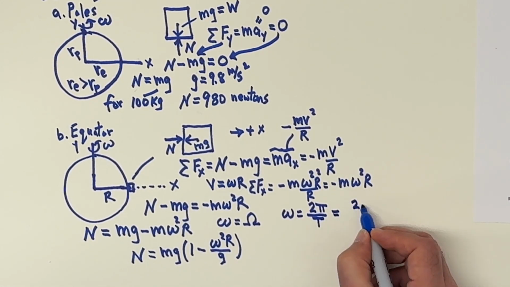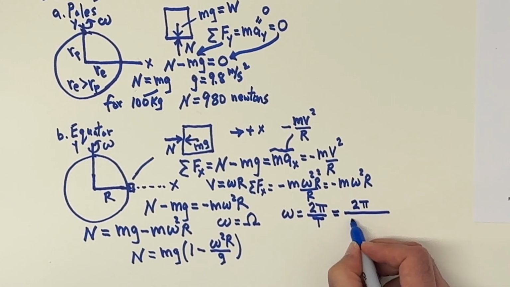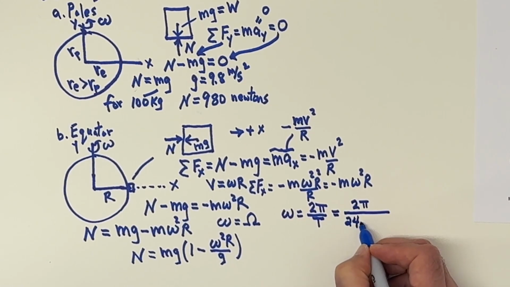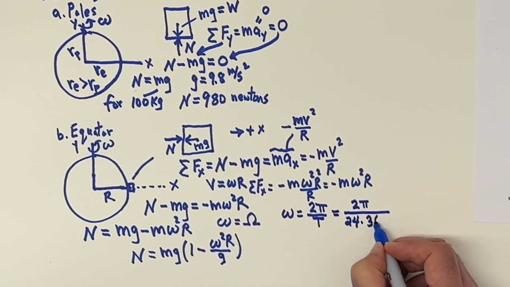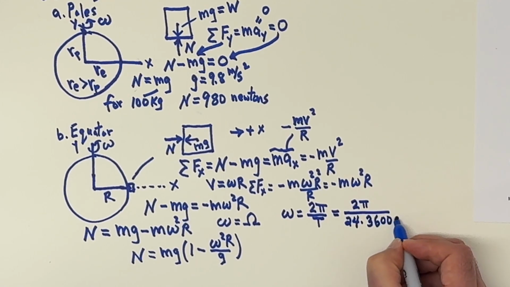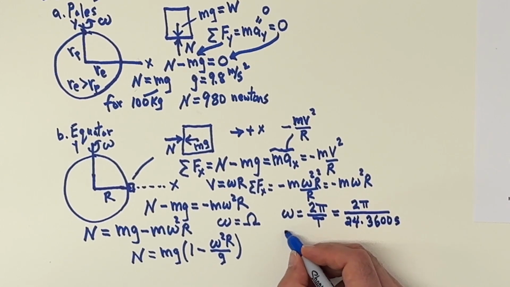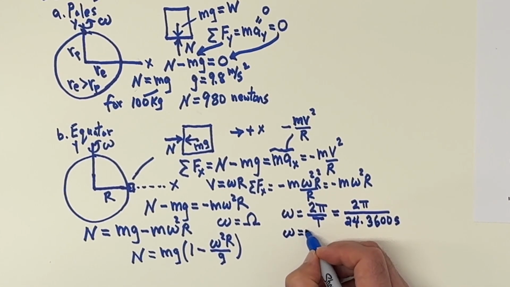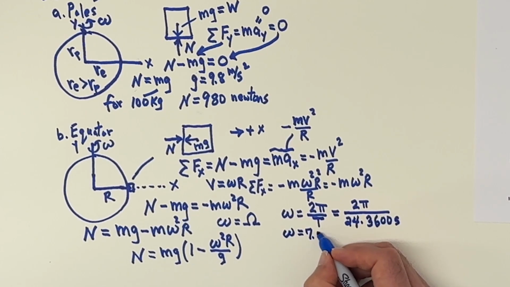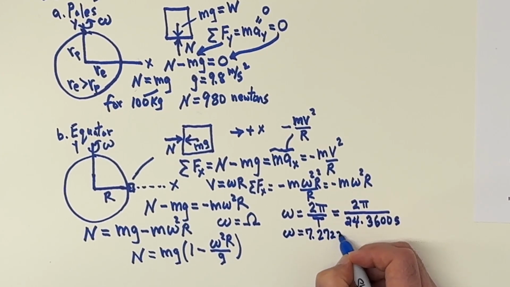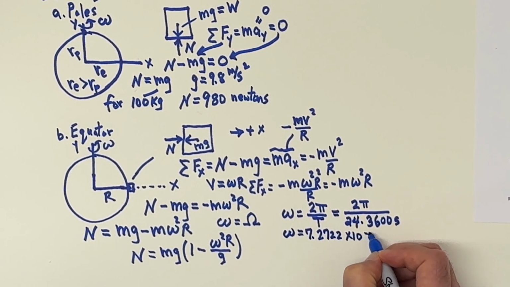This is going to be 2 pi over 24 hours times 3,600 seconds in an hour. So now I have radians per second. And if you work this out, you're going to get, for the omega, 7.2722 times 10 to the minus fifth